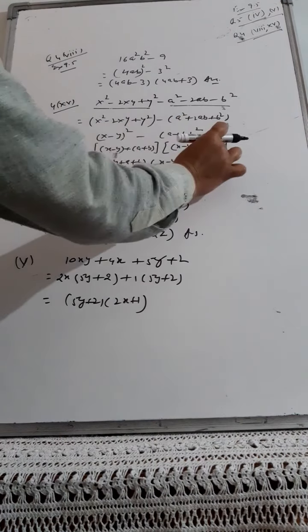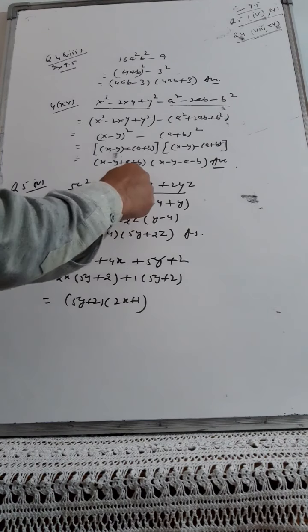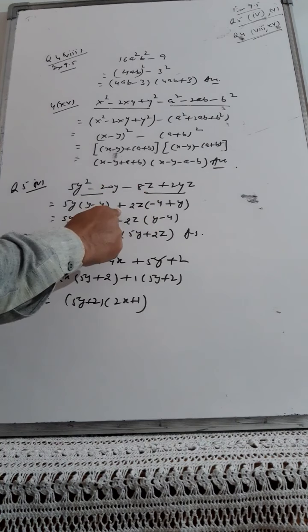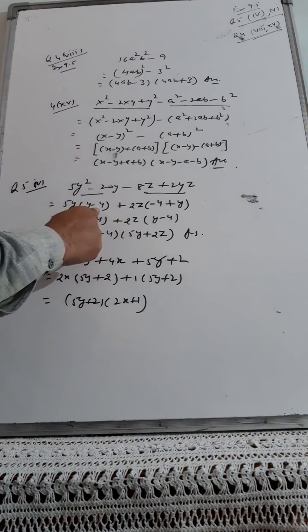In 2z and 8yz, 2 is common and z is common, but according to this bracket I need y with a minus 4 sign. At the time of solving this exercise, I put stress upon this question particularly. You go through that lecture thoroughly again, I have explained in detail why. Because here it is minus, so make it minus. Because when I divide 8z by 2z, I will be left with 4, but I need a minus sign, that's why I have put a minus sign over here, so that I can get 4 with a minus sign, because here it consists of a minus sign.